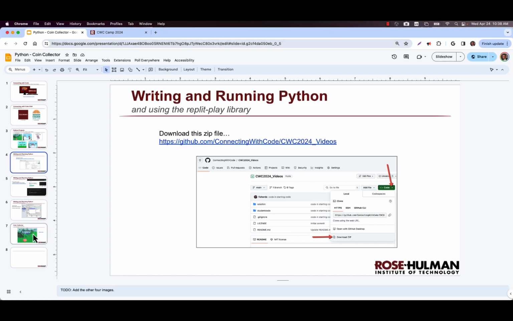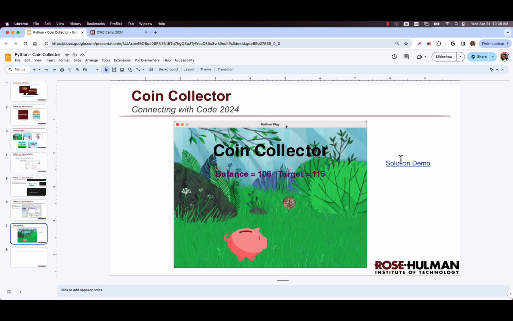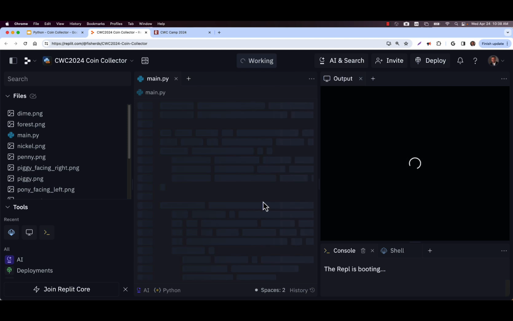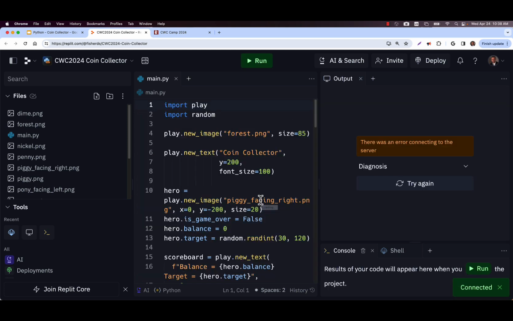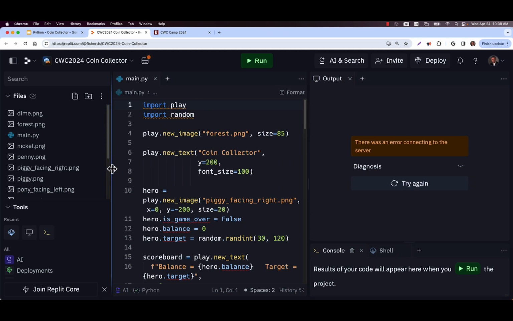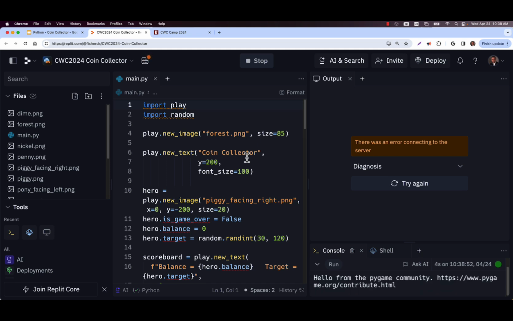I'll just go ahead and show a solution here. This solution is using a program called Replit, which I don't recommend you use, but I thought I would show it just because it's a way where you can just click on a link and then you can see the Python code, and as soon as the program is ready, you can run it. Replit is a very impressive program. It lets you do actual graphical Python programs without installing anything, which is really great. You just hit the play button and it goes.